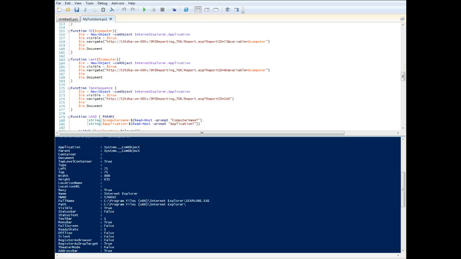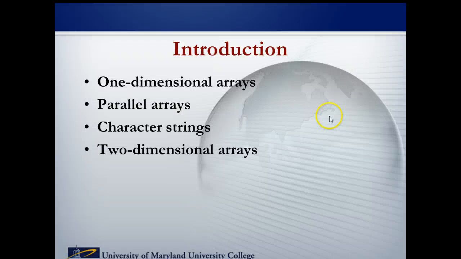So let's get back to the information this week. Okay, so this week we're talking about arrays, which are effectively a series of memory locations that store data with a single label or variable name. So we're going to talk about one-dimensional arrays, parallel arrays, and character strings,